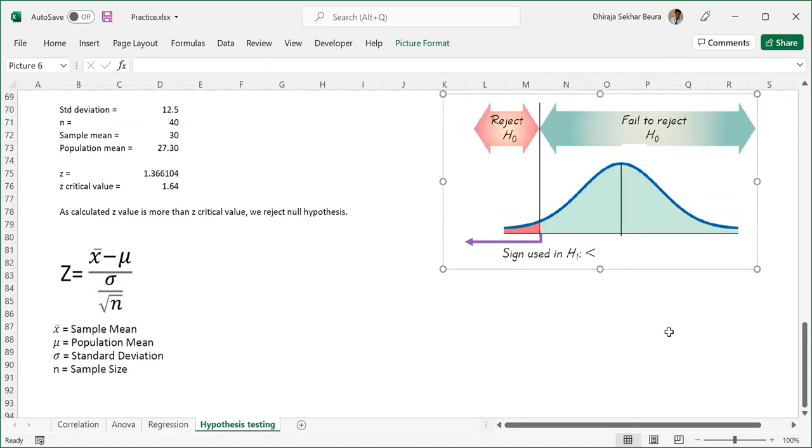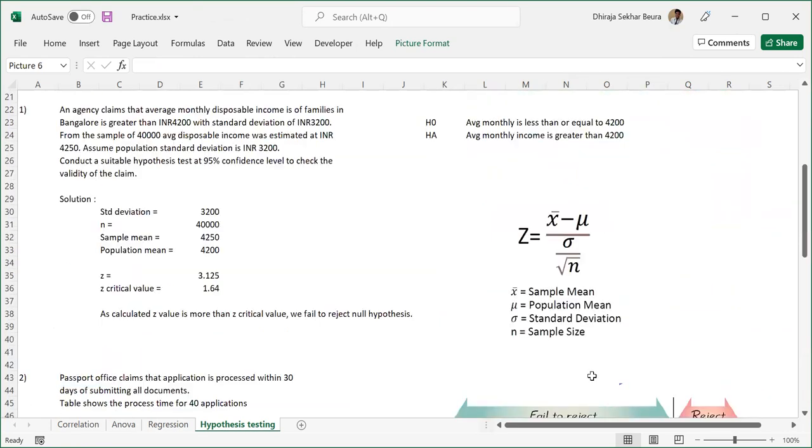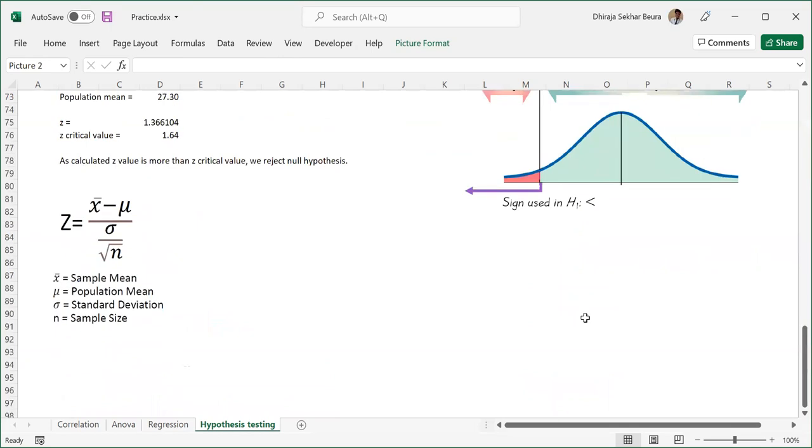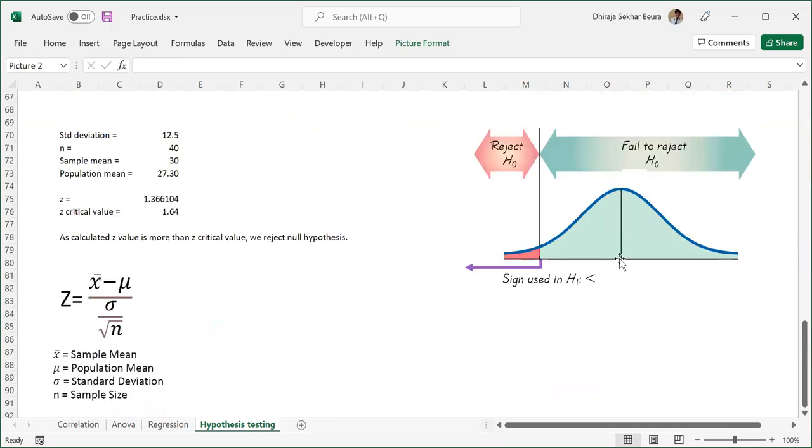Now think about this. In the left tail test, if you look at the critical value, here is the left test column, here is the right test column. I told you to remember 1.64. In the left test, what is the critical value here? Minus 1.64, which makes sense also. If you look at the bell diagram, here is the 0 point, your critical point is here, the line is here. So it becomes obviously minus 1.64. Everybody agrees?